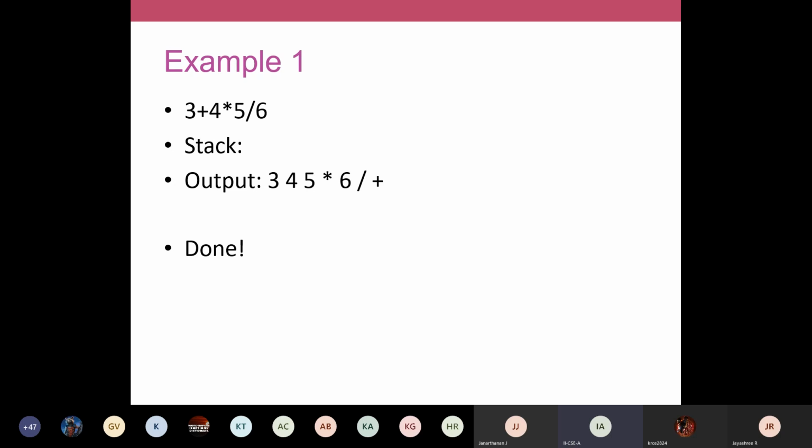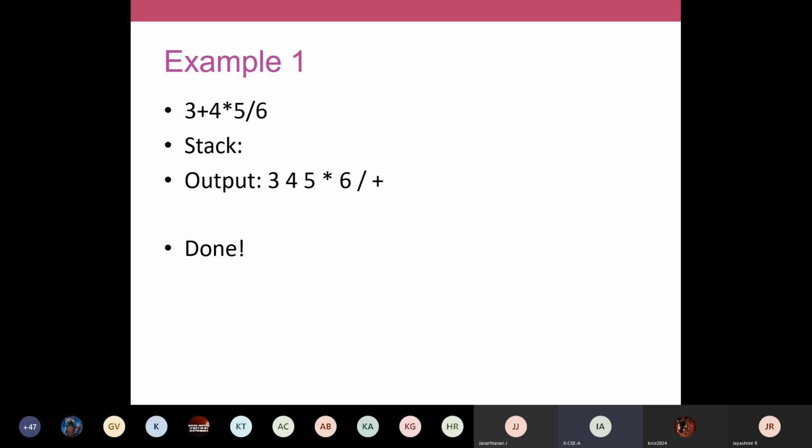Okay. So in this example, you can identify that at the end of your input, you had more than one symbol in your stack. In that case, we popped all the remaining contents from your stack and wrote them into your output. You can check your expression also, the order of evaluation, whether it is correct. When I have a star, I'll apply it on the immediate values 4 and 5.